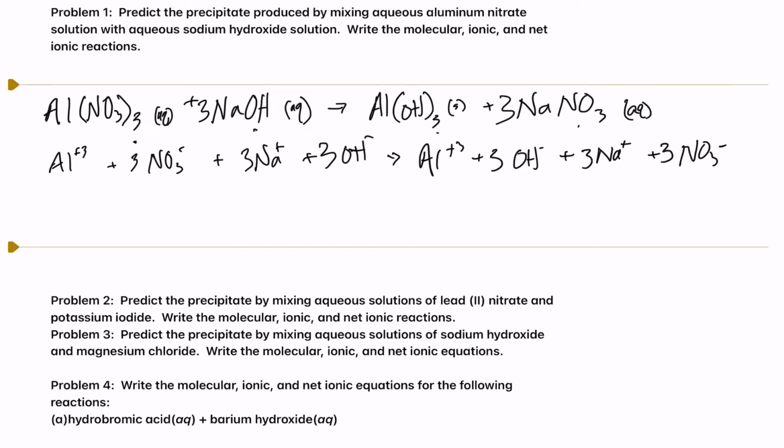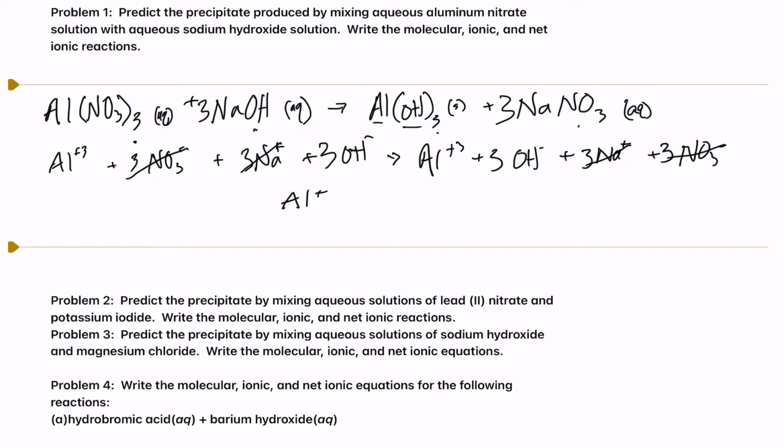To get our net ionic equation, we'll look at it again in problem 2 and problem 3. But we would be looking to cross out anything that was no longer unique. And we'll see what we're talking about here in these future problems. But for now, we're just going to cross out the ones on the reactant and product side that don't contribute to our solid. Our aluminum and hydroxide would stay together as a solid, so they would not be ions in the solution anymore.